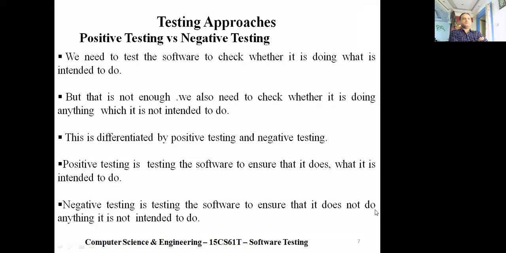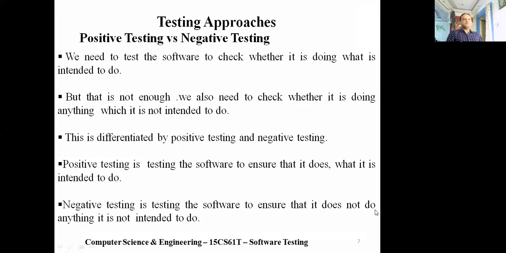Positive testing versus negative testing. We need to test the software to check whether it is doing what it is intended to do, but that is not enough. We also need to check whether it is doing anything which it is not intended to do. This is differentiated by positive testing and negative testing.